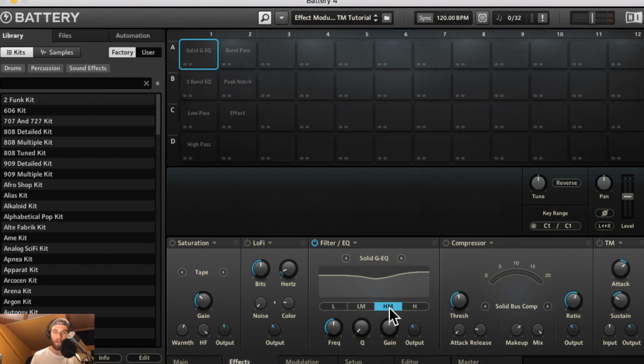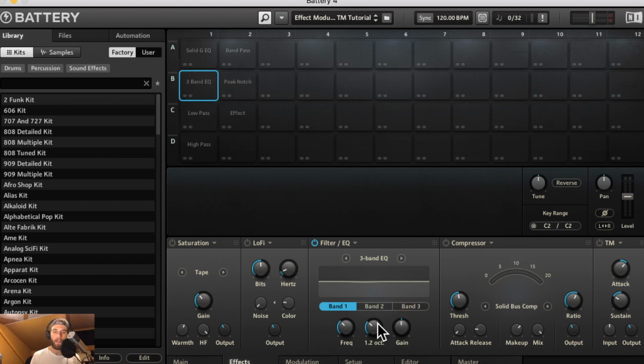On the low mid and the high mid, you'll notice there's a Q band. If you don't know what Q is, it's the same thing as bandwidth. It affects how wide or narrow you want the cut or boost to be. Other than that, the knobs are the same. You select the frequencies, and you can select the gain and the output. So the 3-band EQ has band 1, band 2, and band 3, a very basic, classic EQ. You can select the frequencies, the Q or bandwidth, and the gain